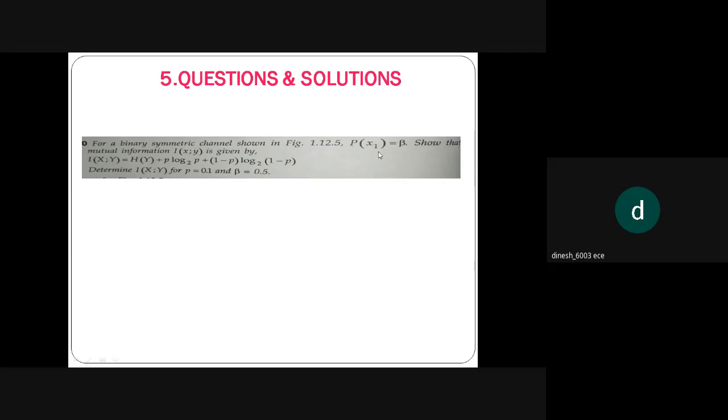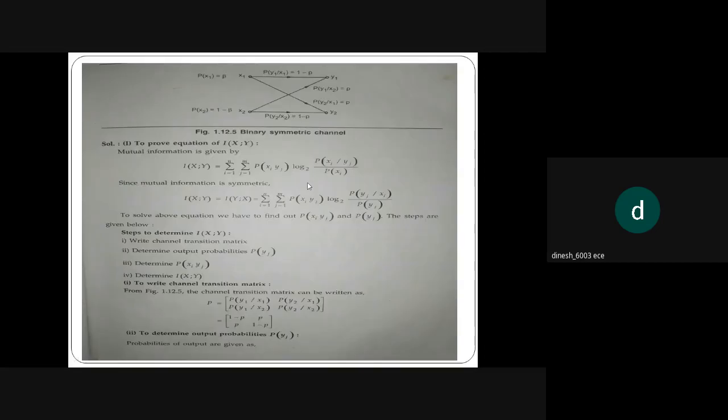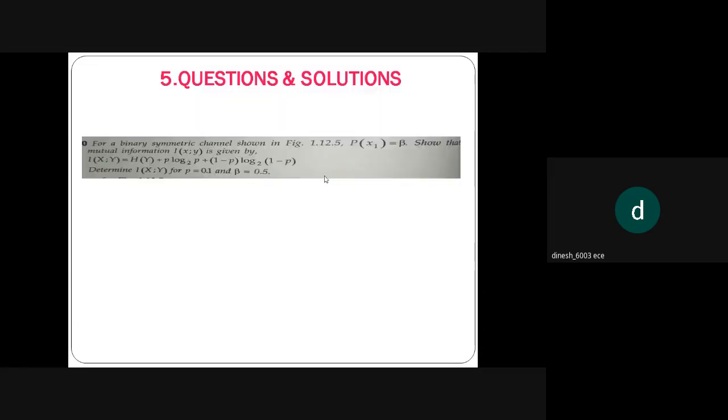So where beta is this P of x1. So let us see. We'll draw the diagram first. So it is a given diagram. From the diagram, it should be interpreted clearly. The interpretation from the diagram is the first and foremost thing in a binary symmetric channel. So the given is